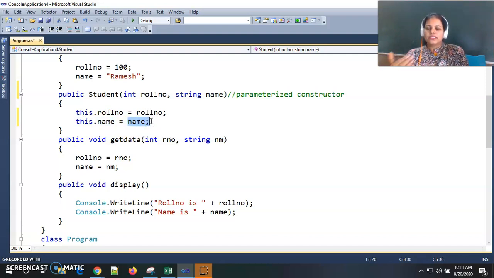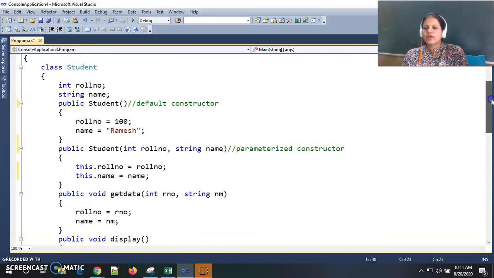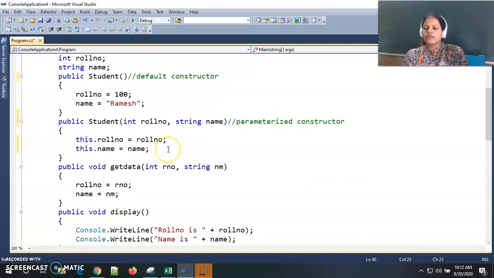Now the compiler doesn't take it as a parameter, because I am using it as a property of the this pointer. This refers to my current object, and my current object is now S1, sometimes it may be S2 or sometimes S3. In this way we can use the this keyword to avoid conflicts between data members and parameter names.